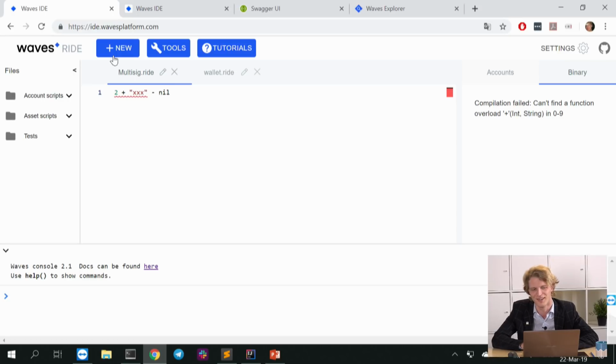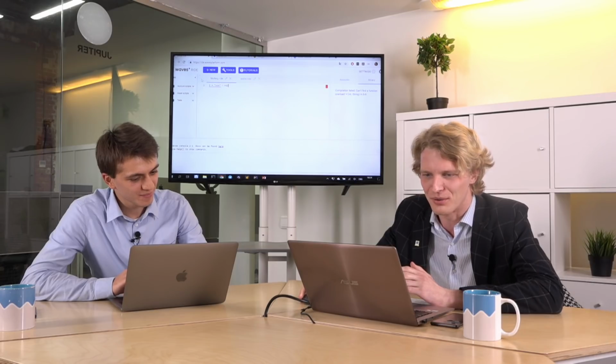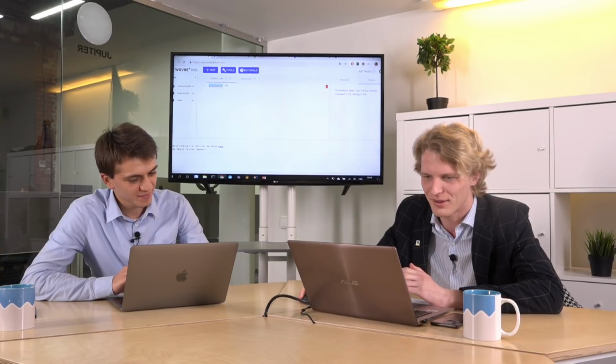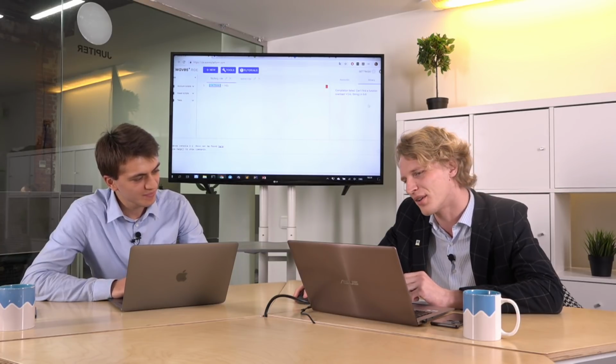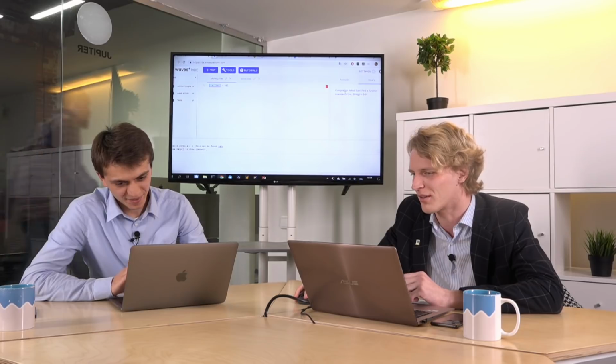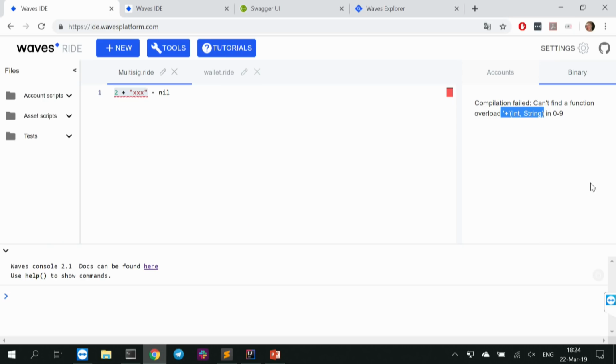Why? I think it's a very good idea for JavaScript developers. Why not? Yeah, that's why I don't like blockchains written in JavaScript, although they do exist, and it's a question why do they exist at all? Like, why do they still work? Anyway, as you can see, when we try to do something like this, our compiler gives us an exception that, sorry guys, you need to try to sum up something else.